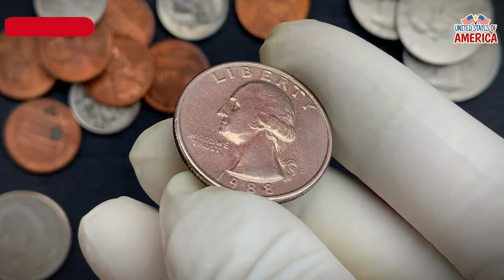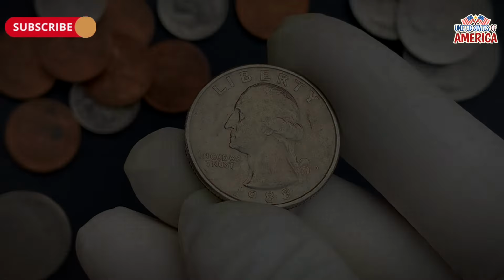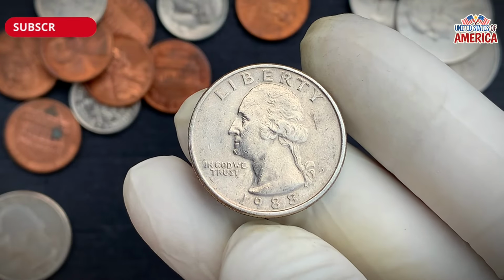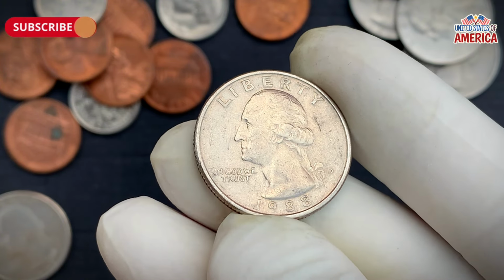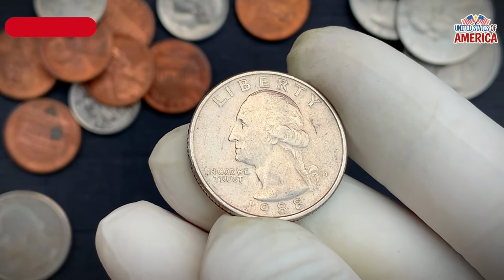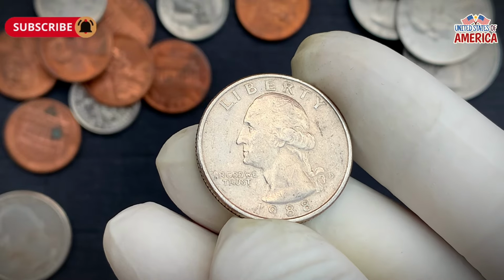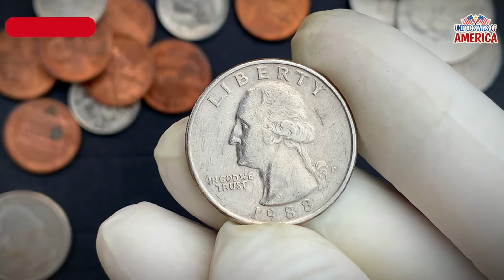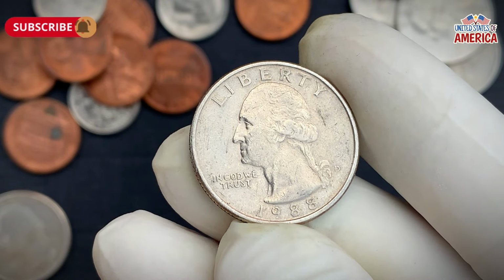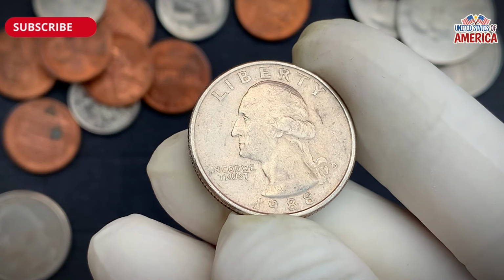The fascination with 1988 quarter errors extends beyond their monetary value. These coins represent a unique moment in American minting history, when various factors align to create some of the most dramatic and valuable errors ever seen on U.S. coinage. Each error tells a story of how it was made, preserving a moment of imperfection that transformed ordinary currency